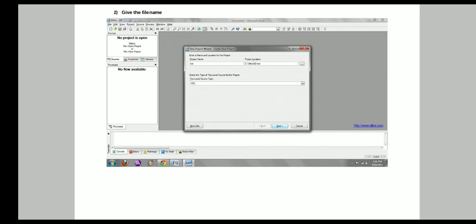Then you first write a project name. Then you also specify the project location, that means where you want to save your project. The top level source or the RTL level source is obviously HDL, hardware description language, because we are using VHDL, so it is always HDL.